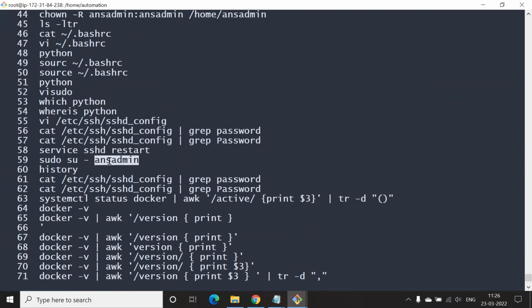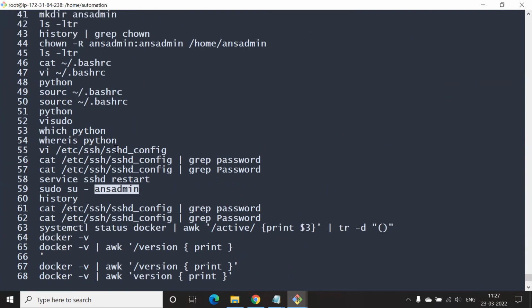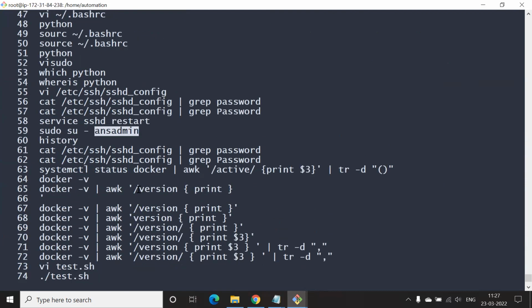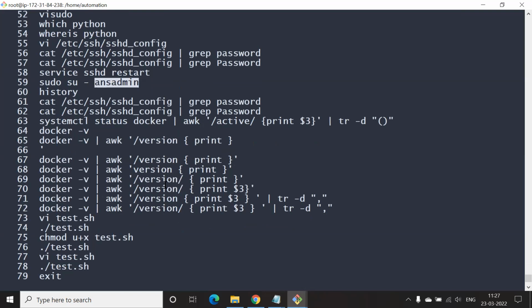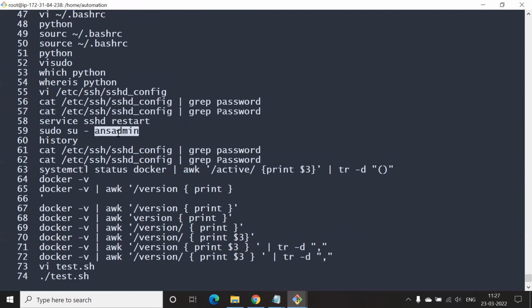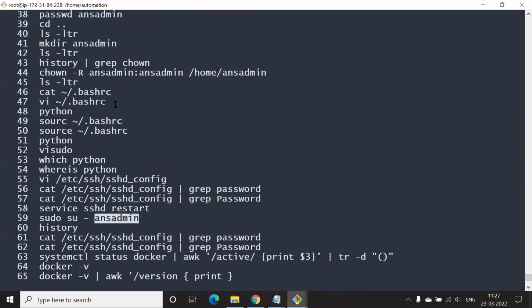We created this user ans admin, and then we changed the password authentication variable. So in other words, I think we were logged in as an admin, and then we were performing all our steps.